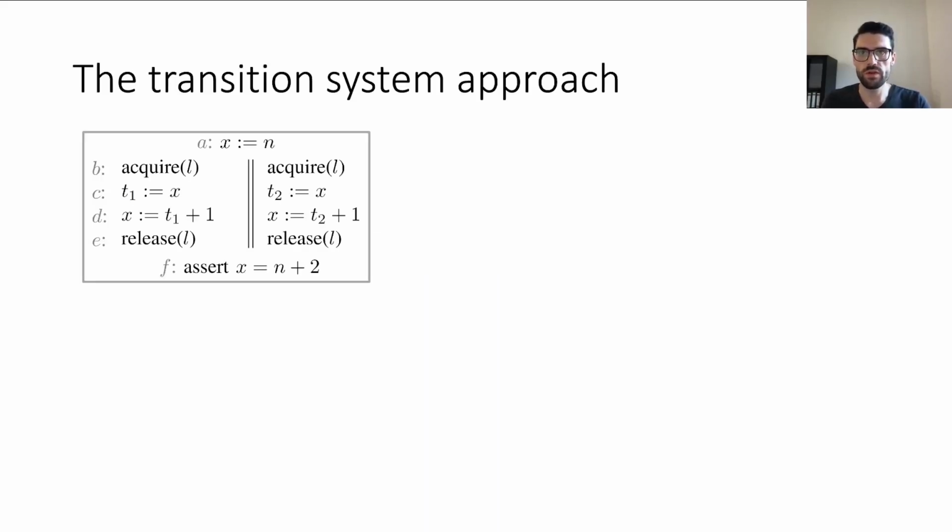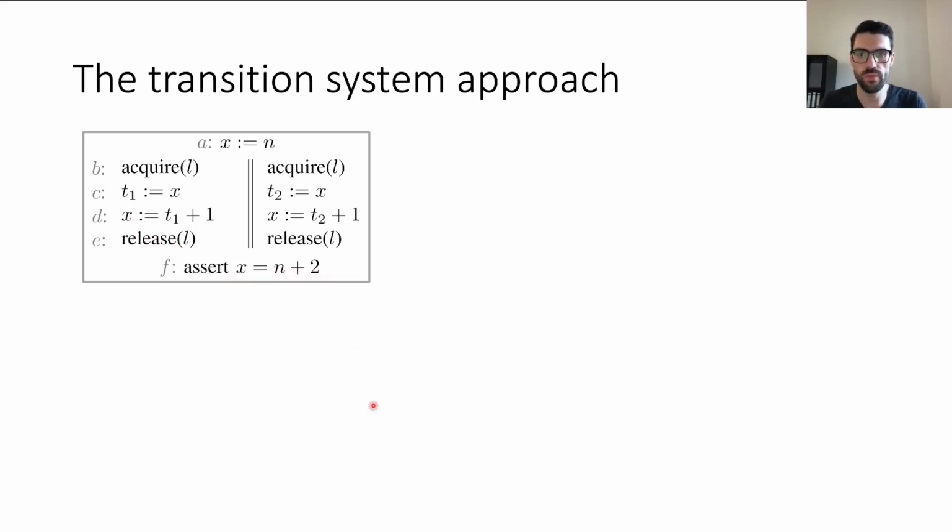Let's start by looking at a very simple concurrent program, where we have a shared variable x that is initialized to a constant n, and then there are two concurrent threads that both first acquire a lock L, then they read from x, then write back the value they read plus 1, and then they release the lock. What you want to check for this program is that when both threads finished, we have that x is equal